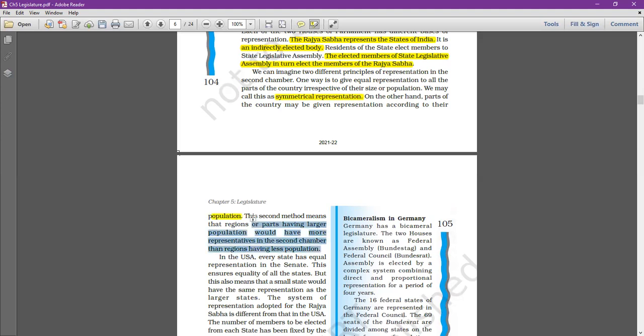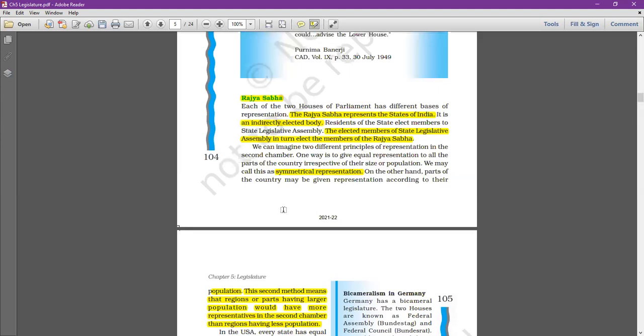regions having less population. अब आपको क्या बताया, दो कंसेप्ट बताया कि राज्यसभा में इलेक्शन के दो मेथड हो सकते हैं। एक तो होता है सिमेट्रिकल रिप्रेजेंटेशन, कि इररेस्पेक्टिव ऑफ साइज, इररेस्पेक्टिव ऑफ पॉपुलेशन, जितने भी स्टेट्स होंगे सब स्टेट्स में इक्वल रिप्रेजेंटेशन कर दिया। जैसे अमेरिका के अंदर, यूएसए में, वहां पे 50 स्टेट्स हैं, हर स्टेट में 2 सीट्स हैं सीनेट के अंदर। तो 2 सीट्स हैं, सिंपल सा मतलब टोटल 100 सीट्स हो गए।